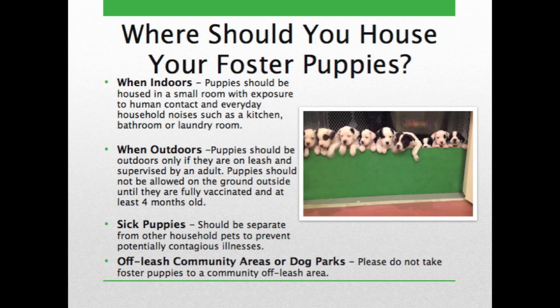So make sure that they're supervised, they're on a leash, and that if they're on the grass, that they're not allowed there unless they're fully vaccinated and 4 months old. So we do provide a lot of puppy pads, so don't worry, we can take care of puppies who need to be able to learn to eliminate in the house. You can use newspapers, but we also, like I said, have puppy pads available to help you start potty training your puppies. And if you have sick puppies, be sure to, again, keep them separate from the other animals